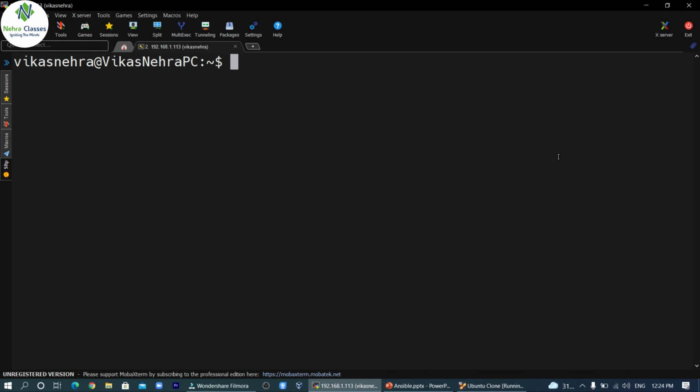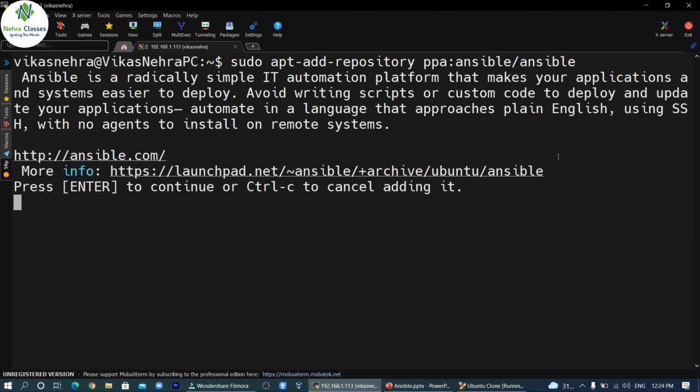Now in the next step we will add the Ansible repository. So we will execute sudo apt-add-repository, and there we will mention ppa:ansible/ansible. This will add the Ansible repository in our machine.